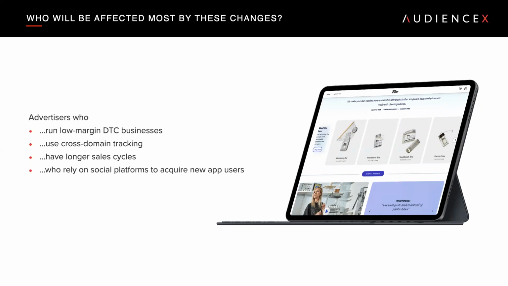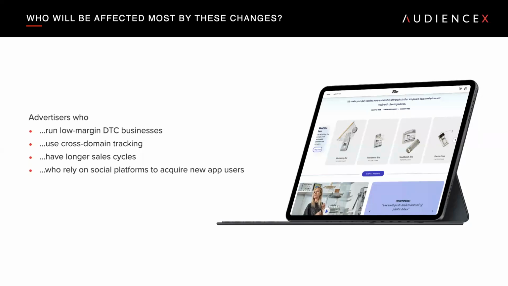And sometimes you can place a pixel there, sometimes you can't. But in the cases where you might have been tracking those conversions on another site, you're going to lose that cross-domain tracking. So that functionality just won't work anymore. That's a big deal for some people. You're going to have to rebuild your website or add that functionality to it, something like that. So that could be a big impact.